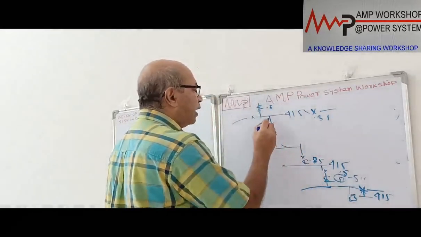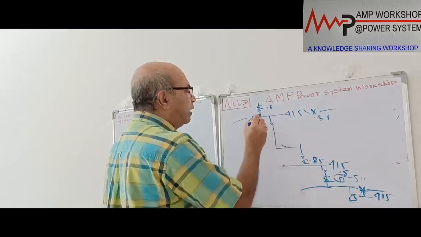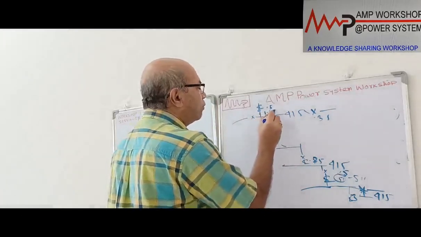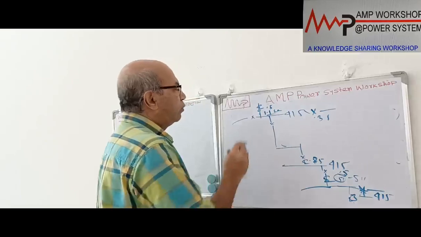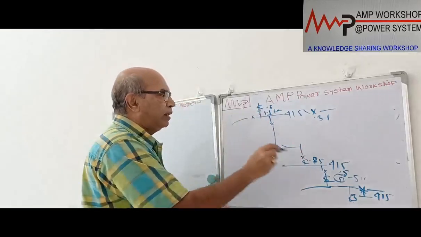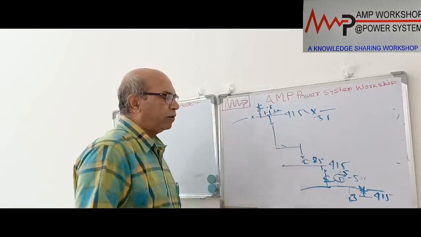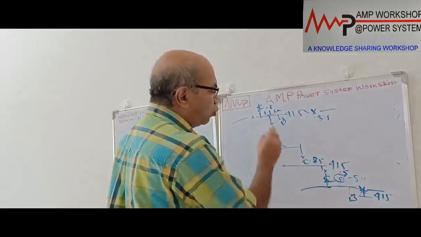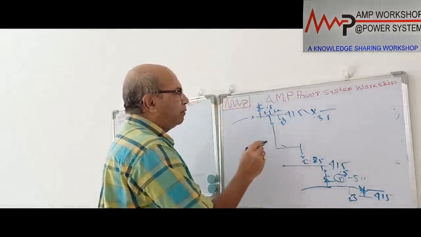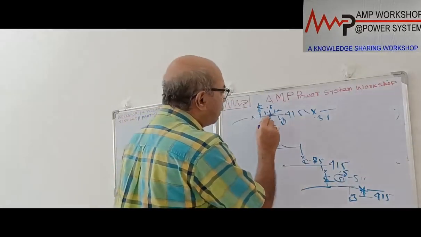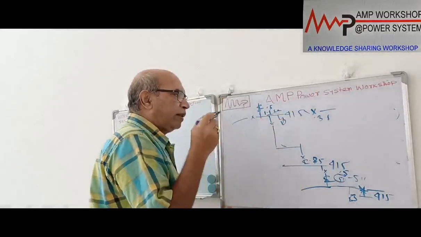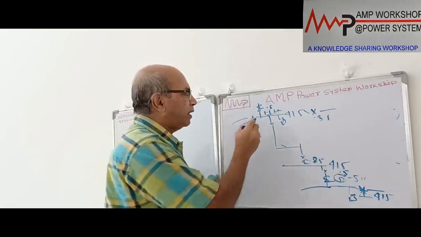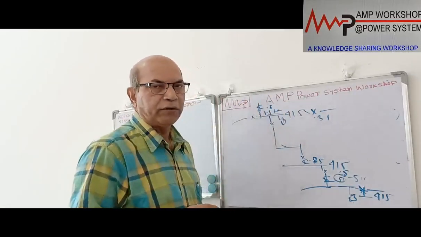Then from here it will come over here with the same setting, and it will come to about 1.1 second. So 1.1 second we cannot accept. The time will be 1.1 second even if the fault is over here. The fault current will not have much difference between these two, only a minor difference, but it will operate at 1.1 second or more. With that amount of time, we cannot withstand. By that time, this switchboard will be destroyed or damaged.